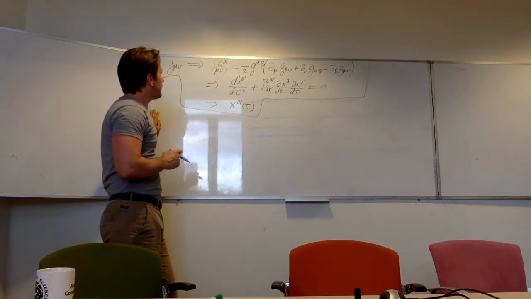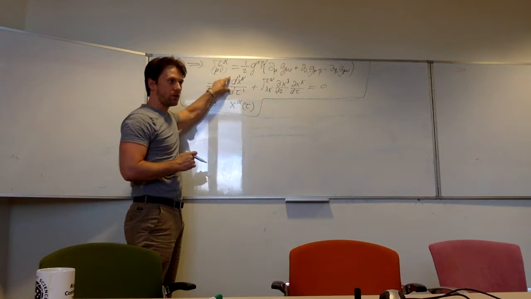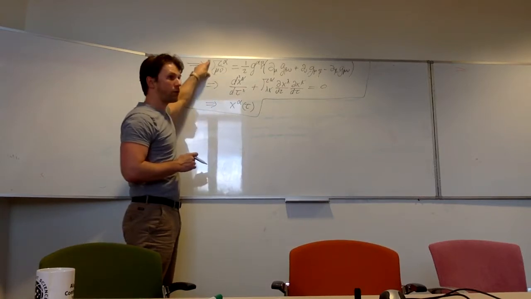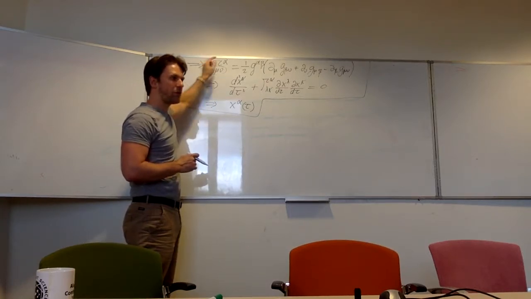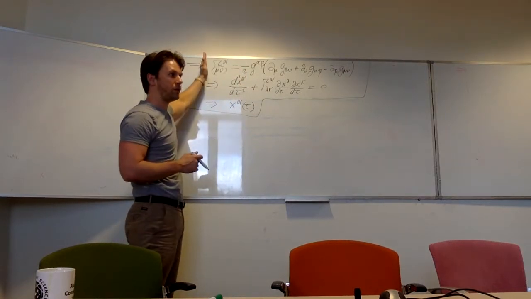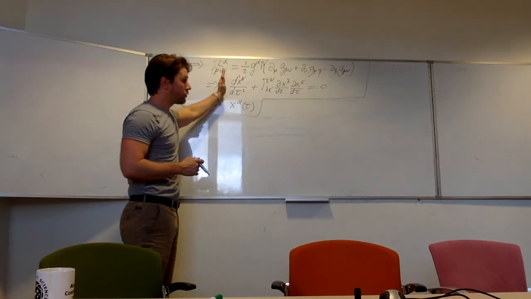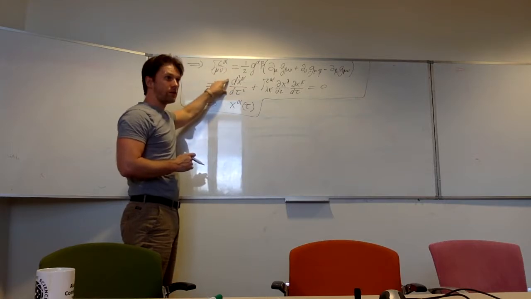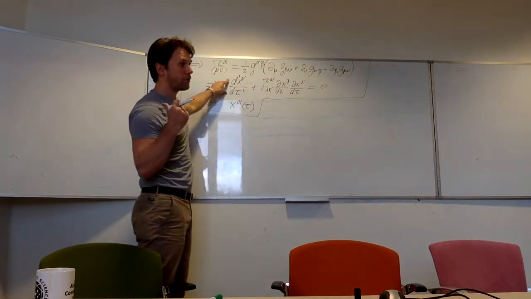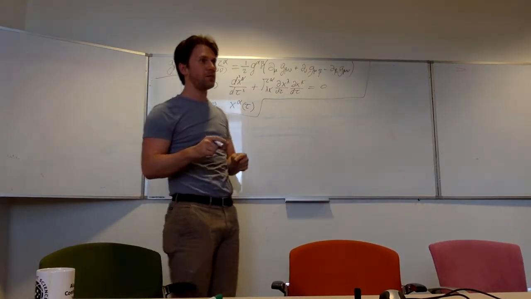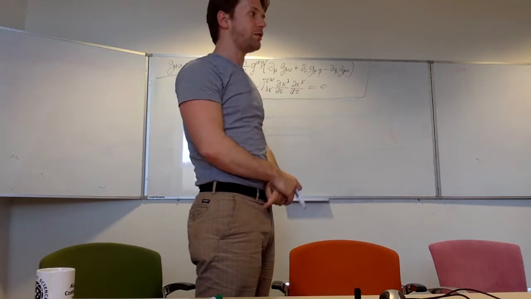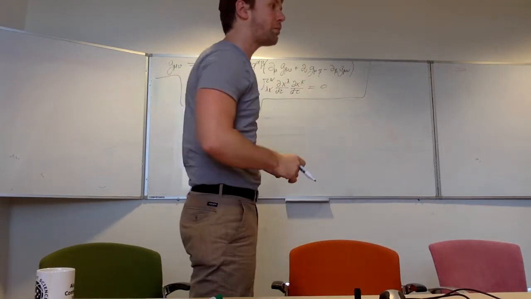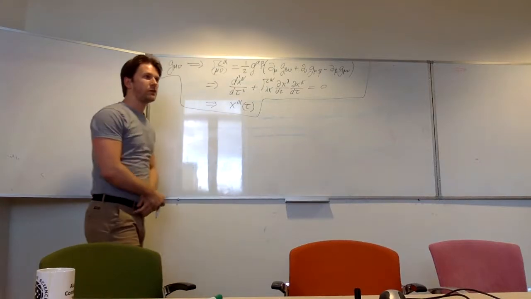Now, the devil's in the details. Solving this equation, that's the crappy part. This part is straightforward. It's elaborate because there are so many terms, but in principle, you can simply do it. It's just taking derivatives. Solving these 4 differential equations is very difficult. And maybe you remember from a couple of days ago that usually these 4 equations are coupled. You need the solution of the one to start finding the solution of the other. But the solution of the one depends on yet another of these functions, and all these functions depend on each other. It's called a coupled differential equation. So that makes it extremely difficult,